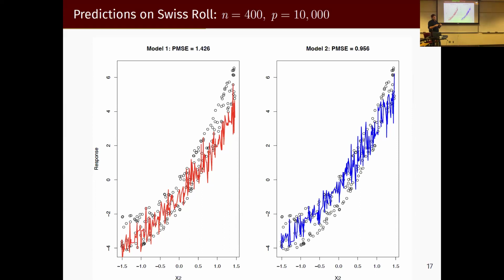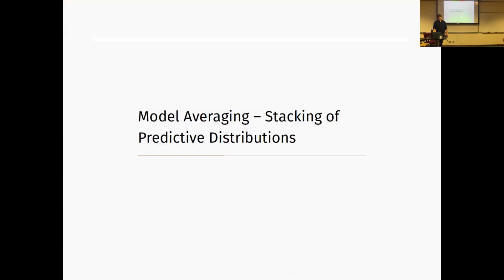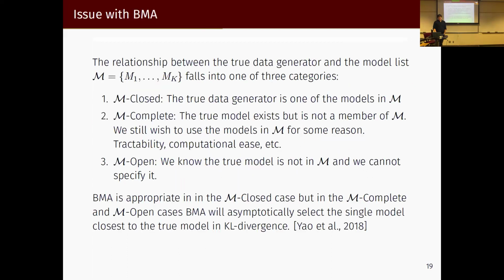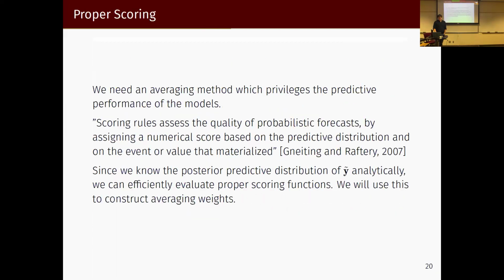So that's our issue with Bayesian model averaging. We don't want to select one model because we know none of our models are correct. We want to select the sum of all of our models that gives us the best predictions. You want to select a mix, a new model. Yep. So instead, we're going to do